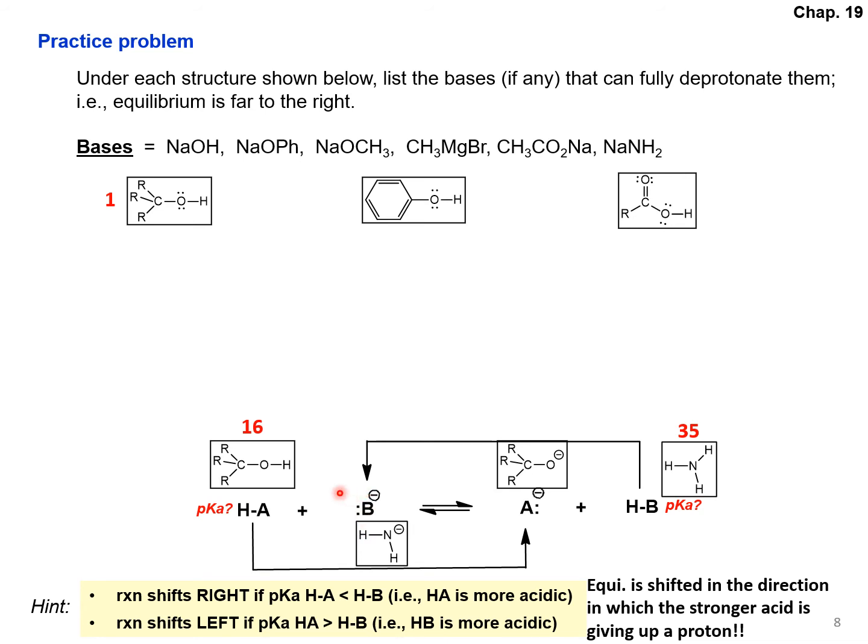Which is the stronger acid? Well, the alcohol is a much stronger acid than ammonia by many pKa units. Therefore, equilibrium will be shifted greatly, completely in the direction in which the stronger acid is giving up a proton. Therefore, the answer to the question is: is NH2- a strong enough base to take the proton away from this alcohol, that is, to fully deprotonate it, that is, to shift the equilibrium completely to the right? Yes, certainly it is. So this one definitely would appear in the list of bases that would fully deprotonate